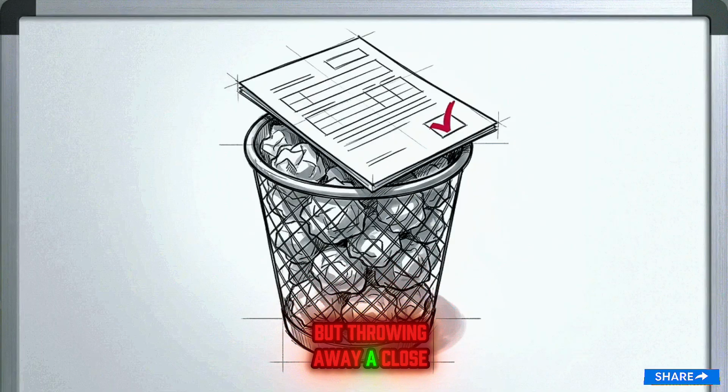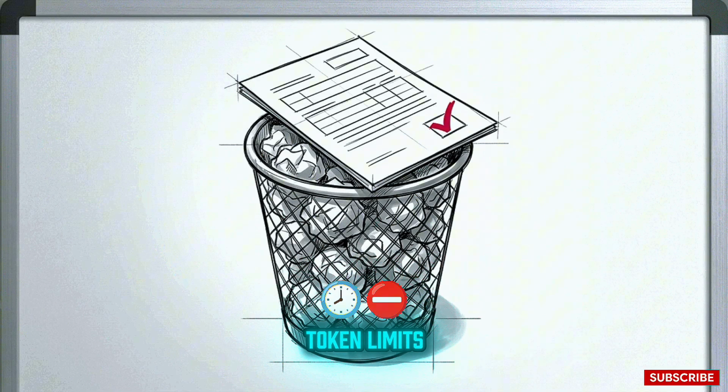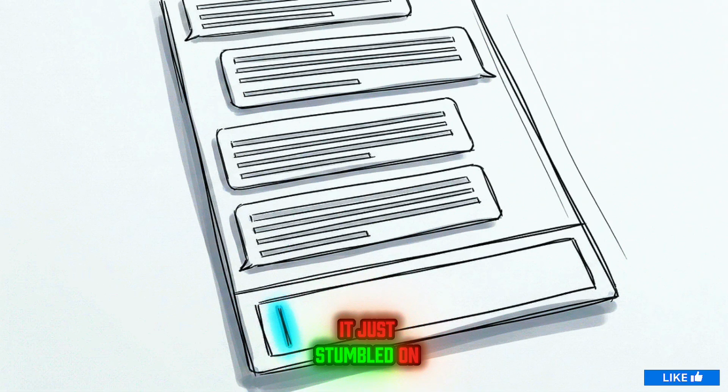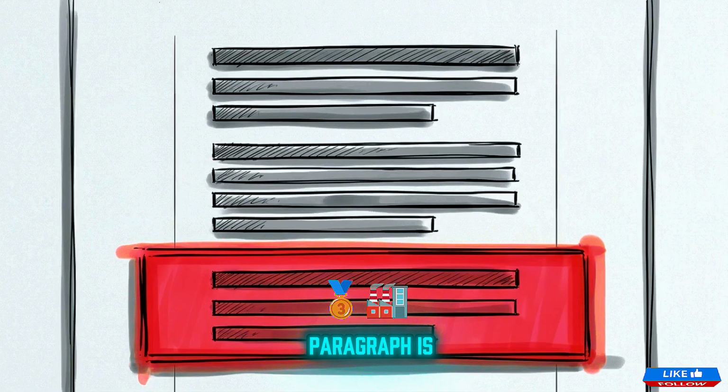But throwing away a close-but-not-quite draft is an inefficient use of your time and token limits. The AI already has the context of what you want. It just stumbled on the execution. Take a look at this generated business plan. The factual content in the first and second paragraphs is exactly what we need, but this third paragraph is completely